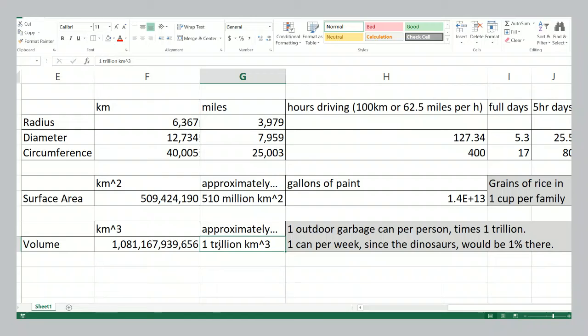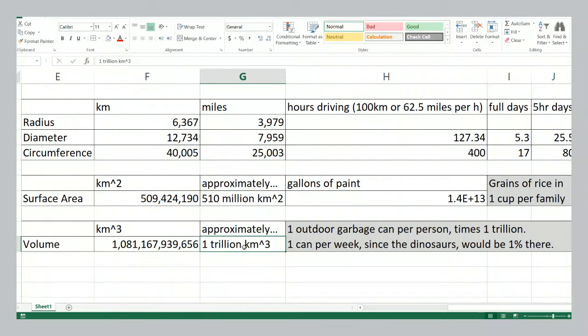How do we imagine that? Well, first let's figure out, what is a cubic kilometer? Just 1 cubic kilometer. If you imagine a length of 1 kilometer, now imagine a cube which has a side length of 1 kilometer. That's a cubic kilometer. Okay, that's kind of imaginable.